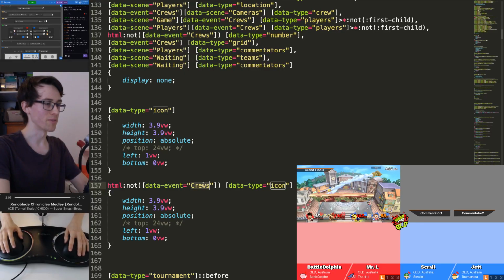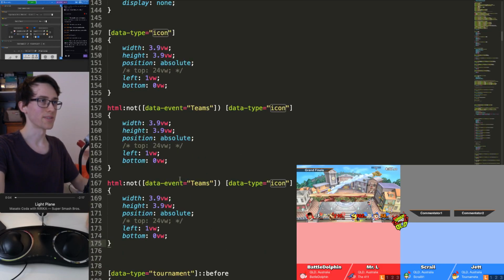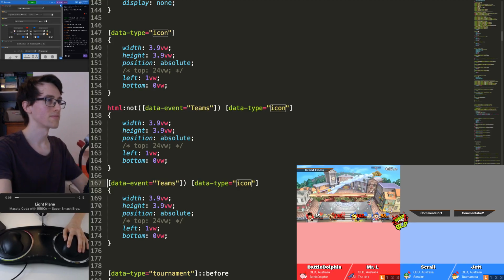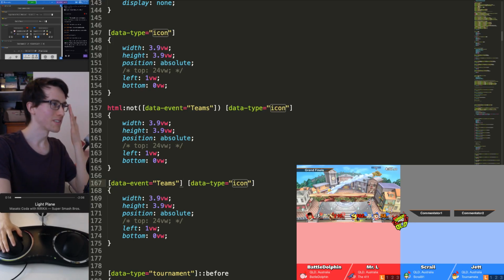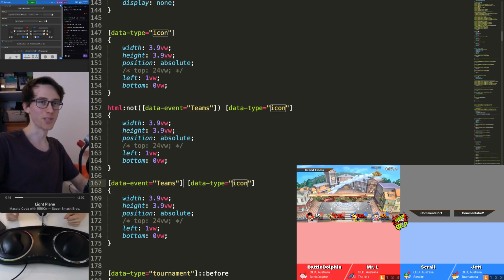So this will apply to the event when it's not set to teams. And then I need to do another section where it applies to the event when it is set to teams. Gonna try out Inkling and Pikachu. Now I'm gonna try out Banjo and Kazooie,